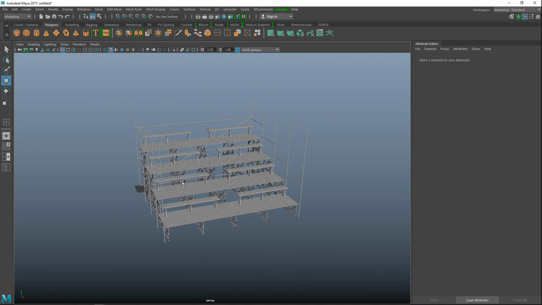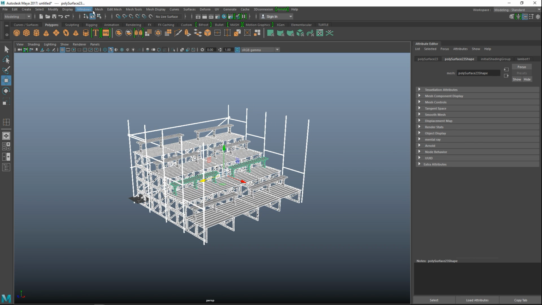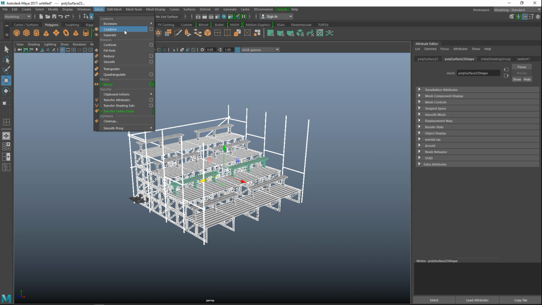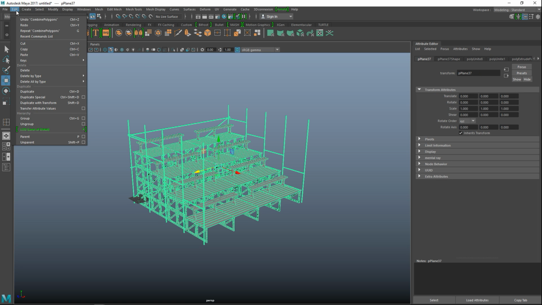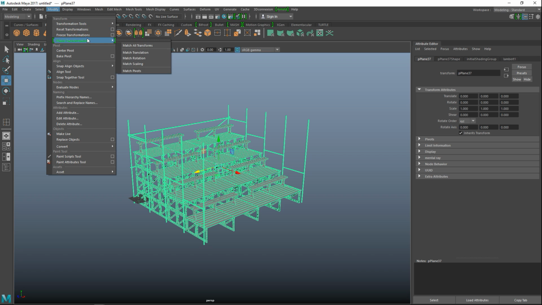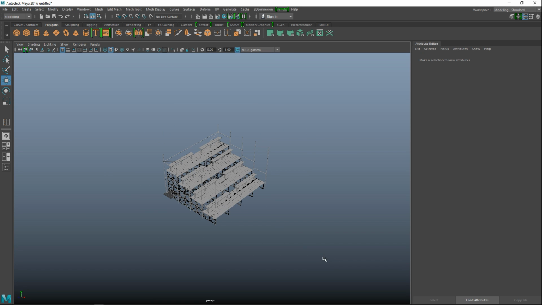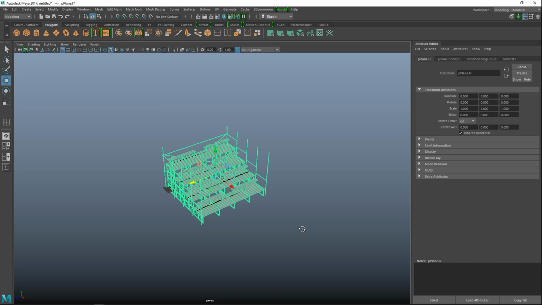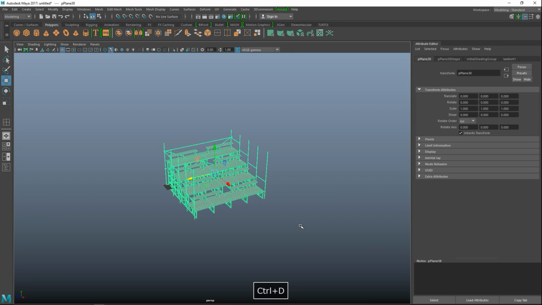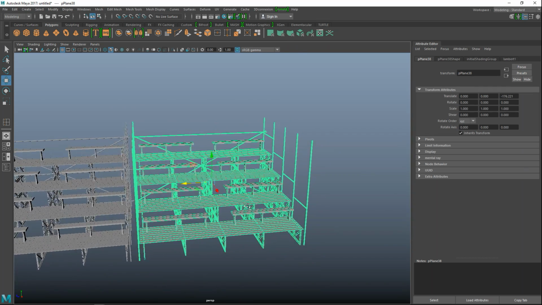What we can do here is drag select the whole deal, go to mesh and combine, edit, delete by type, history, and modify freeze transformations. All right, and then we're gonna select this guy and hit Control D to duplicate it, W to move that over, F to zoom in.